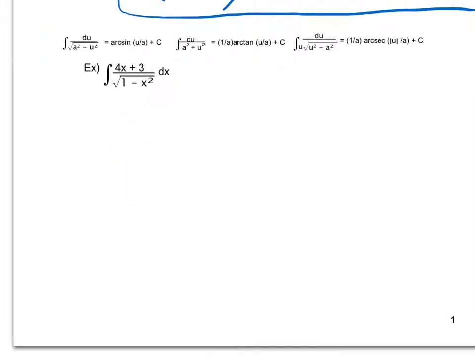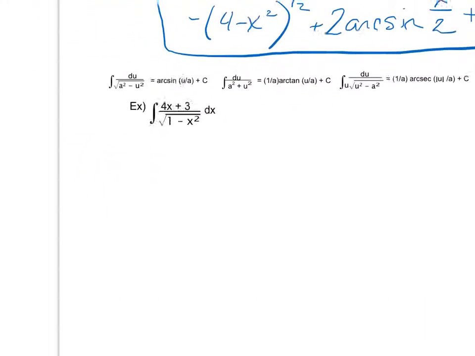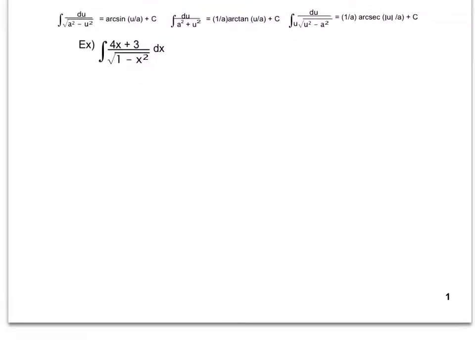I'm going to do kind of the same thing with example 2, because again I have my trig functions written up here, the integrals that I get inverse trig functions with. So looking at this, if I let u equal 1 minus x squared, which usually was causing a problem in the last video, in this video I know that's going to differentiate to be negative 2x. I have the x. I can easily get rid of the 4 by bringing it out front and getting the negative 2 in there. This 3 again is going to cause a problem. So I'm going to try to separate it similar to the way I did on the last one, giving me the integral of